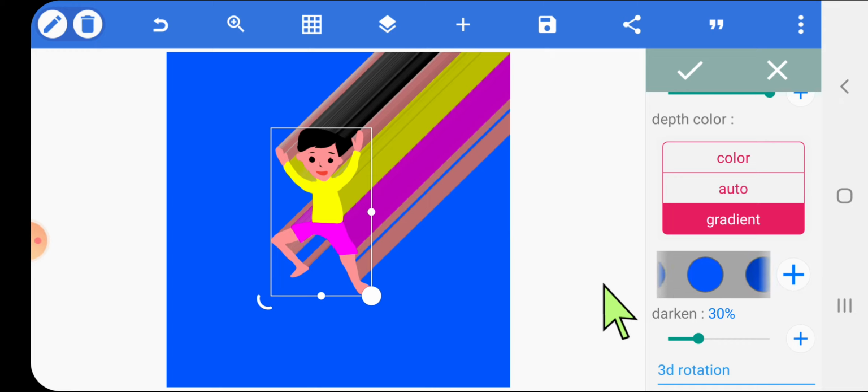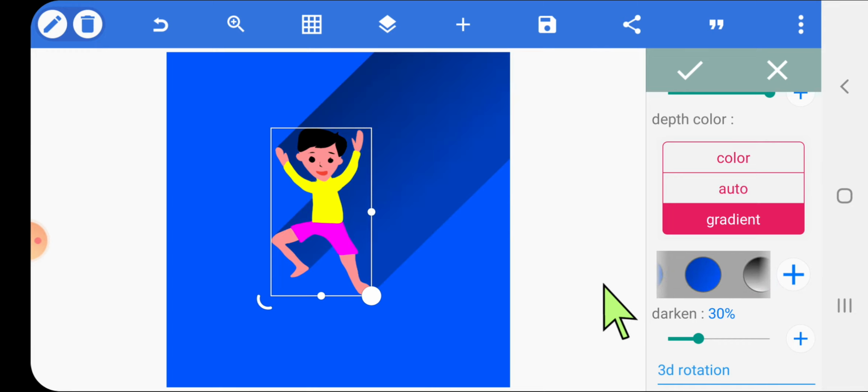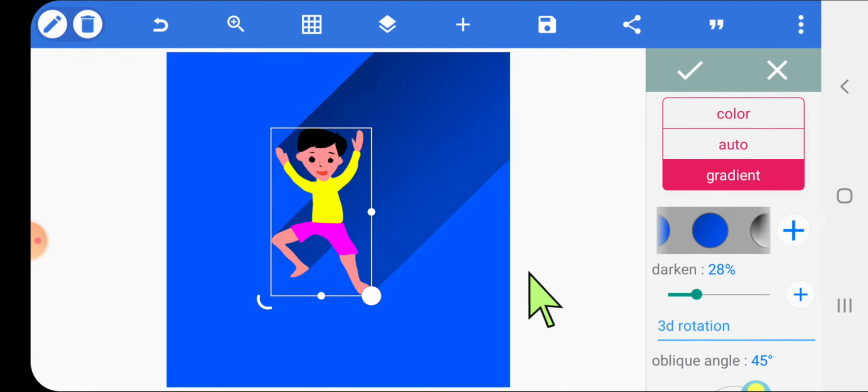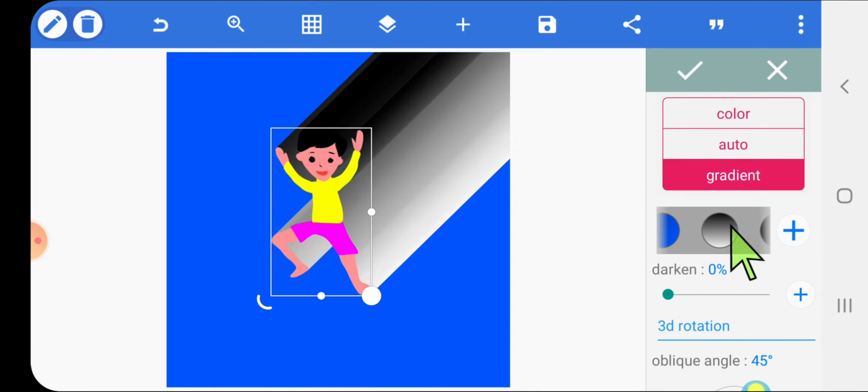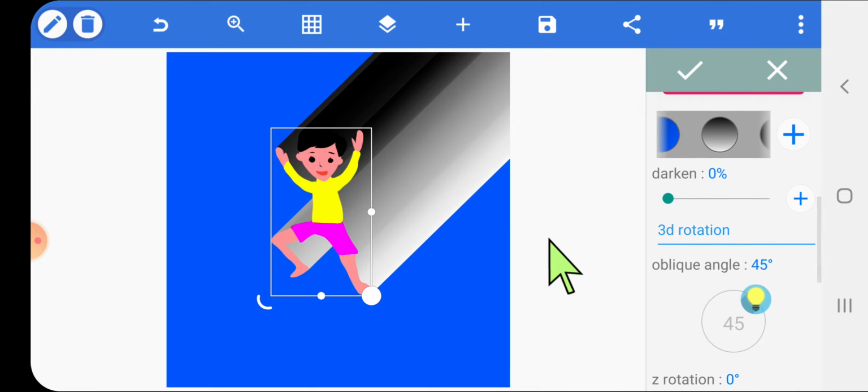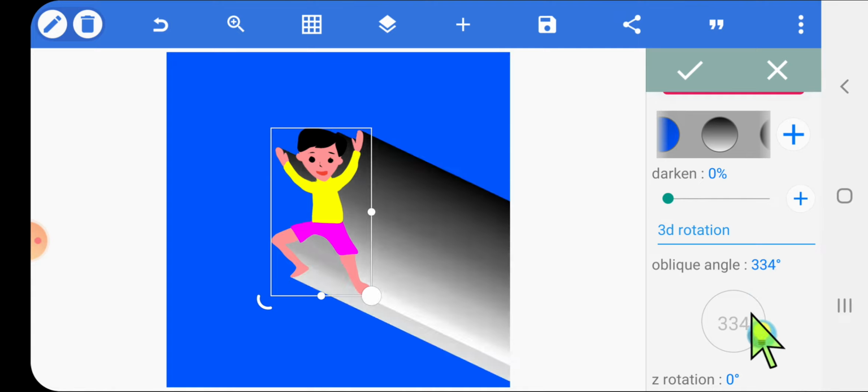After selecting gradient, use some dark color. Okay, if we use any dark color, it will make a uniform shadow like this. Darkness reduced to 0. I will show you how to make a nice shadow in which it appears to be fading away. Now let's change the direction of this shadow. We want a dark blue color here and a light blue color, the color of the background, over here.